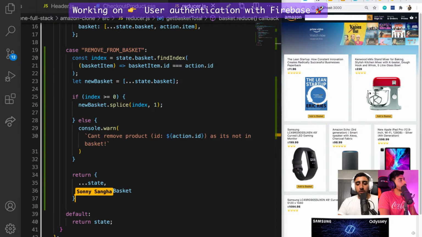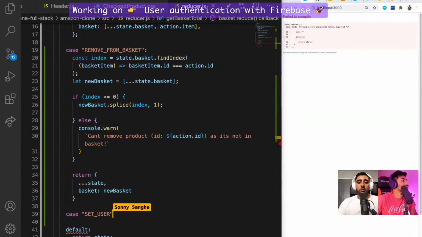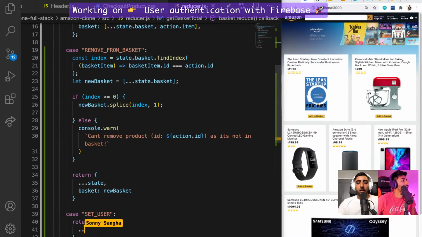So how do we do that? We go here, and we say case. So we can drop it on a new line. We can say case set user, which is the type that we dispatched earlier. And when we get this type, we're going to say colon return, and we're going to return everything that's currently